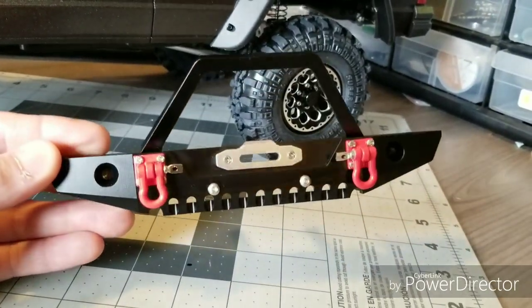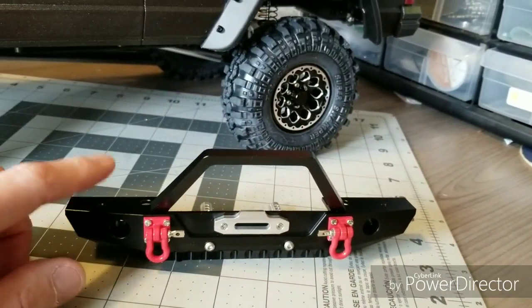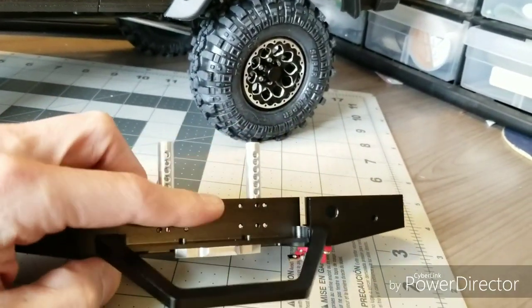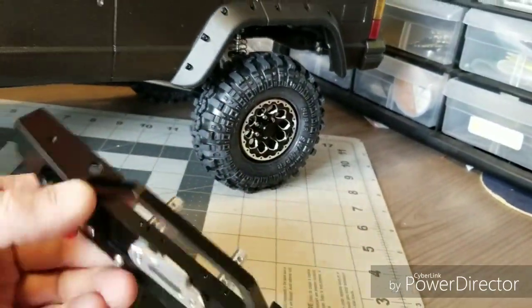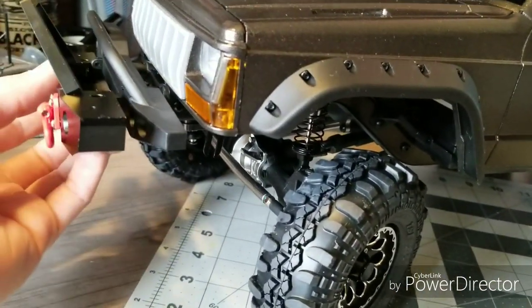And they do make the same one, but for the rear that comes with the tire mount, you can take it off as well. Comes with these little toe shackles and a spot to mount a winch if you choose to. But yeah, I was kind of bummed because I really like this. It gives a little bit more weight to it, but